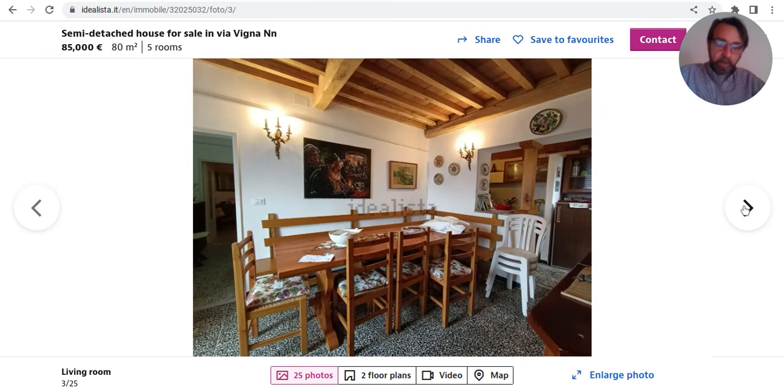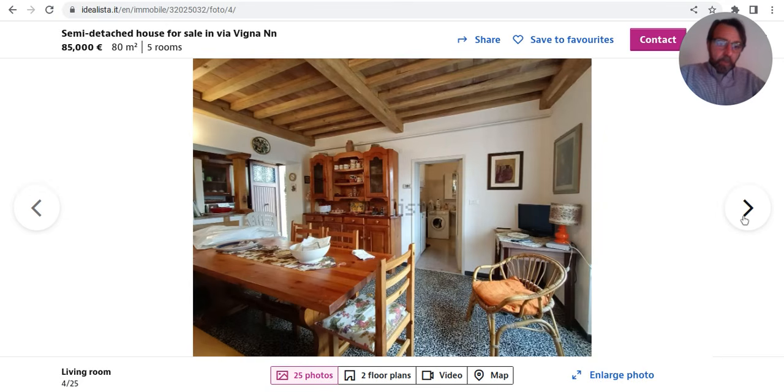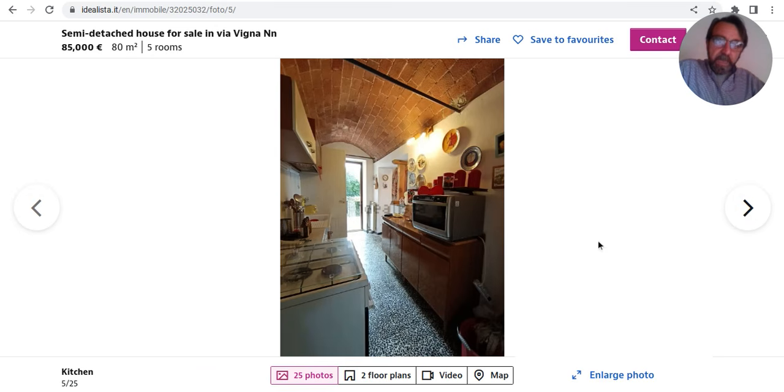Anyway, overall the house, there is a window here on the left of the table. Okay, as you can see, now on the right is the window, so the house anyway is kind of bright. Okay, here we have the kitchen, where here we see the entrance. Then anyway there is a beautiful vaulted barrel ceiling,